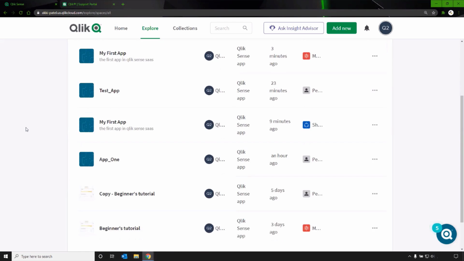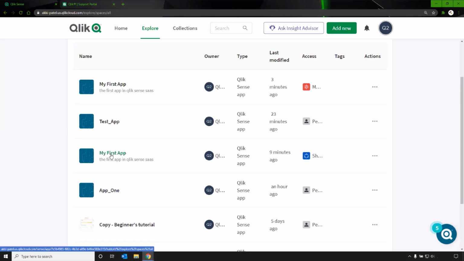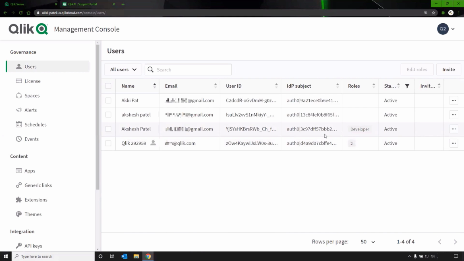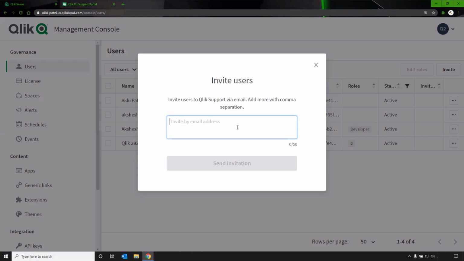I see you already had yourself and Ray, but how did you manage users in Qlik SaaS? Yes, if you want to manage the users in Qlik SaaS, you can simply go to your administration panel, and here there is a governance section called users. So you can add and invite users here. For example, we have 4 users currently, and it shows their user IDs and roles. If you want to invite a user, simply hit the invite button and type the email address and